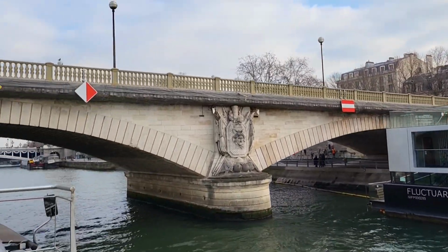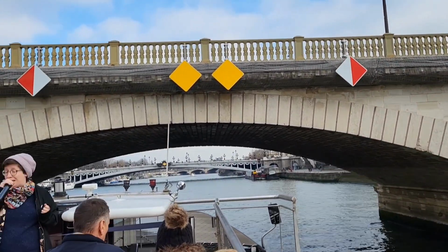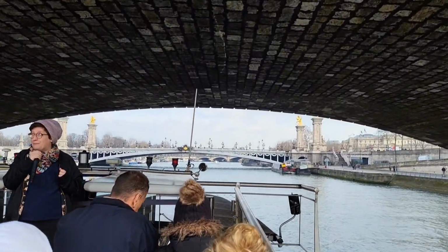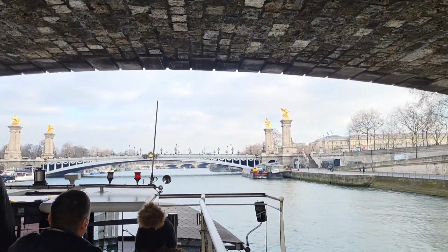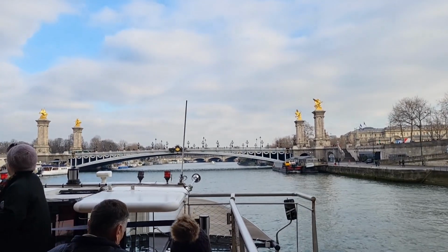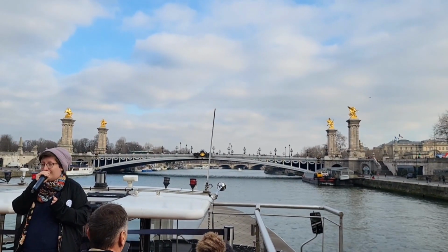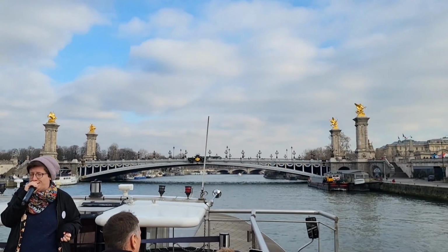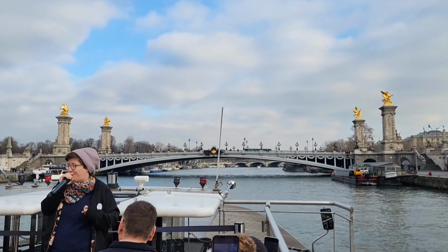In a second, it's right in front of you, one of the most amazing bridges in Paris. It's called Alexandre III Bridge. This bridge was also built in 1900 for the World Fair, named after the Tsar of Russia, as the site of French